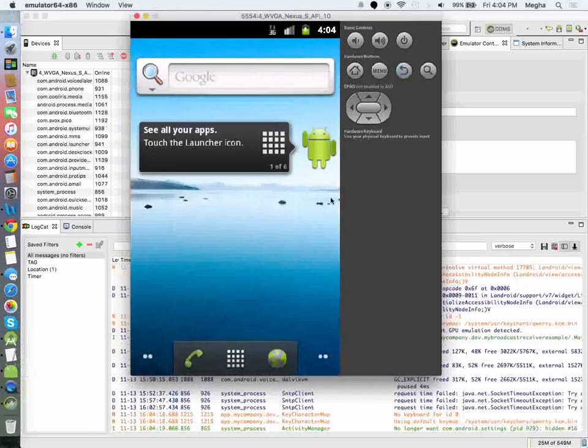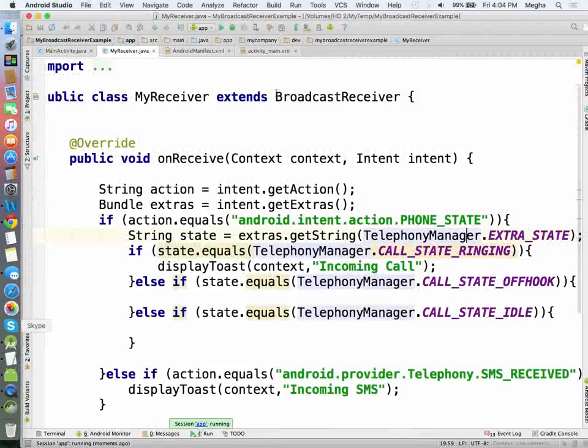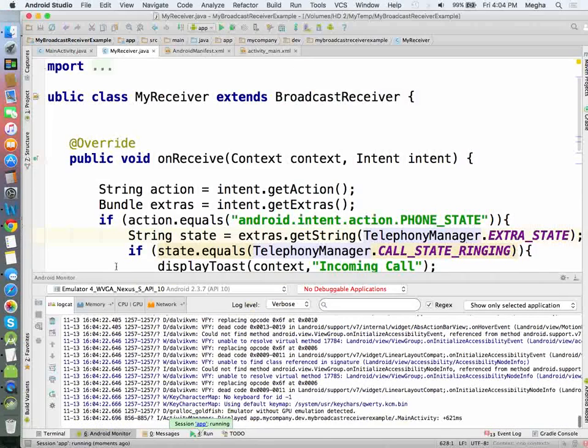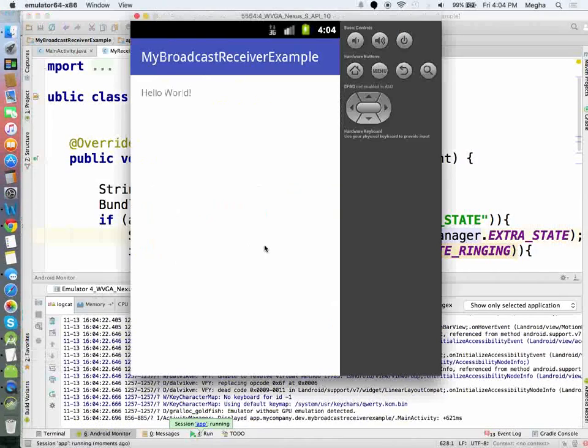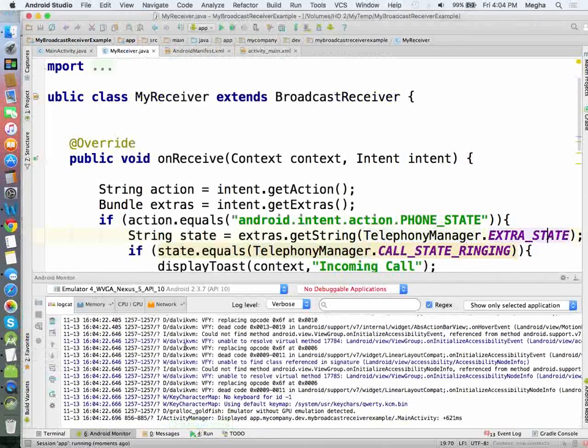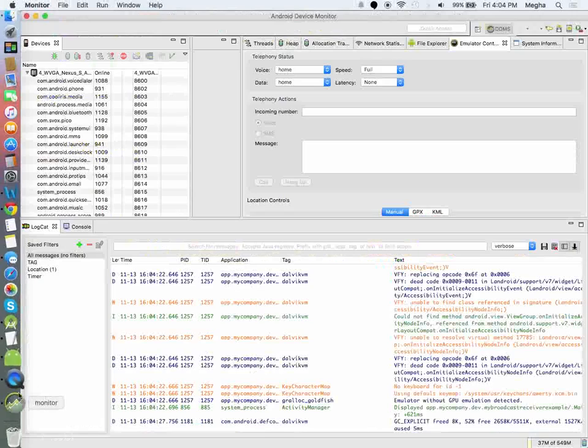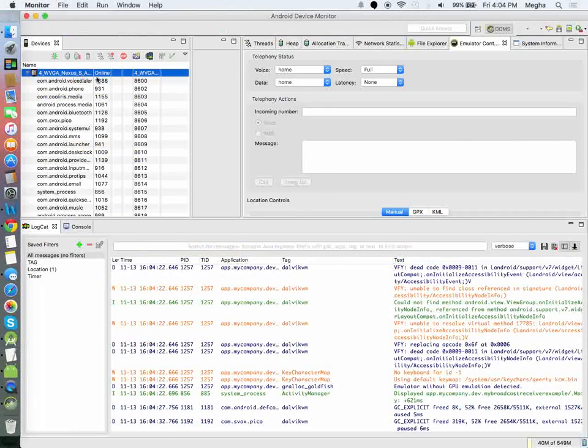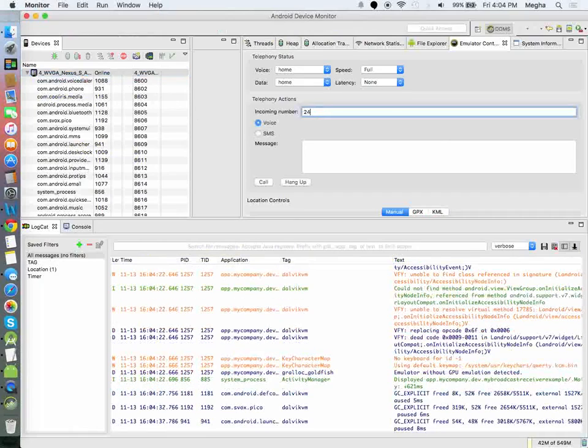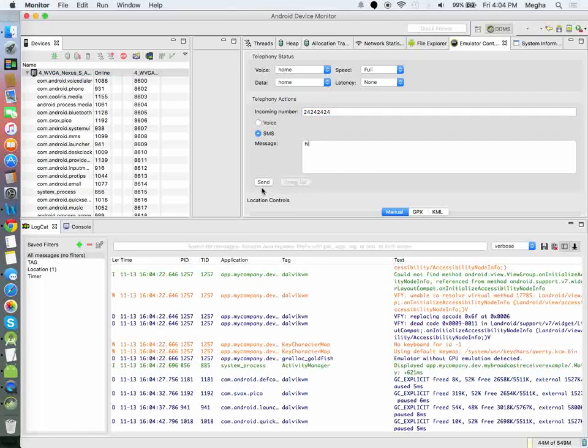Let me close and see whether it is working or not. Okay, now we can just highlight your emulator. Now you can put an incoming number, anything. I'm going to send SMS to the device. So when I click send,